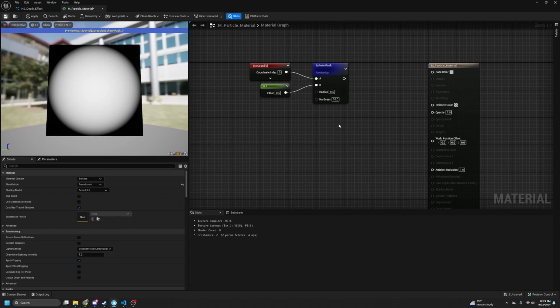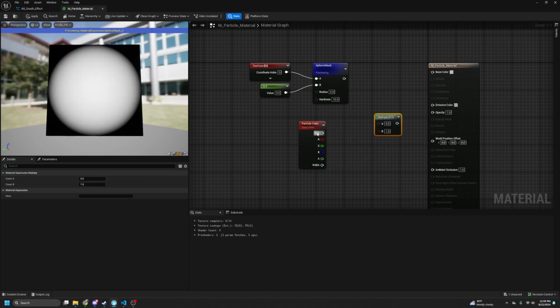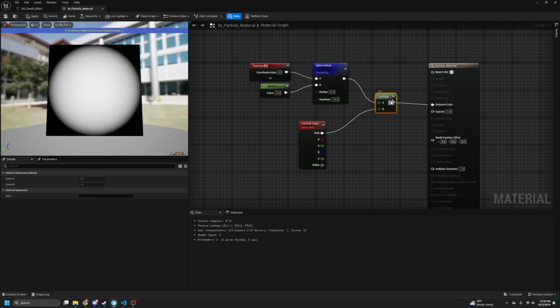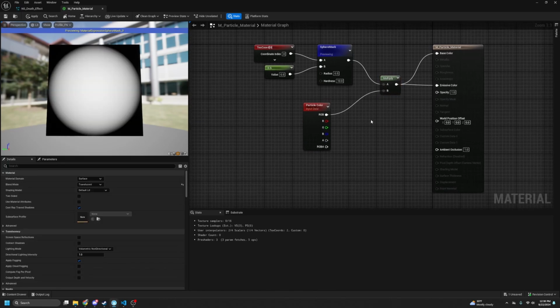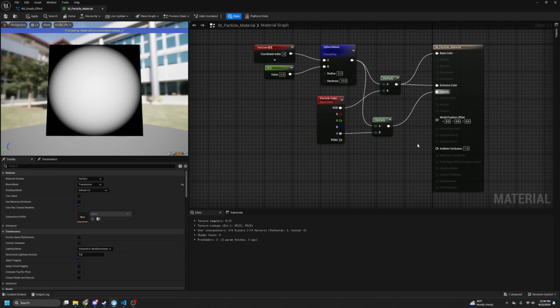Save that. Oh, sorry, we need the particle color. There we go. Multiply this against our particle color and our base color, and multiply the opacity against the alpha channel of our particle color, and save that. We'll just keep it really, really simple for now, and we'll plug that in